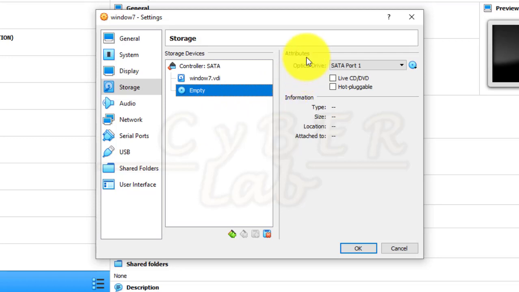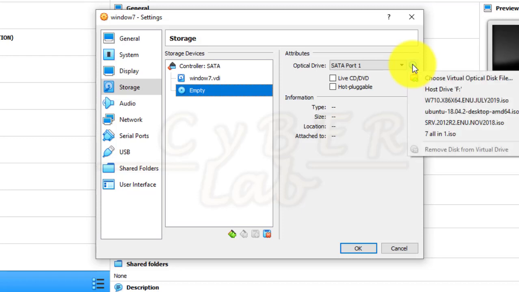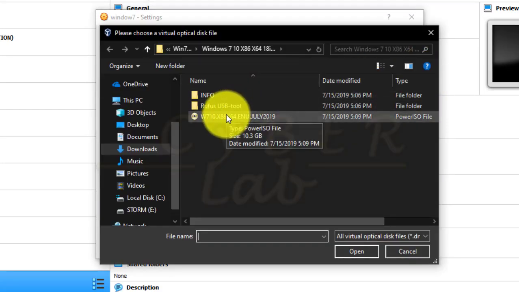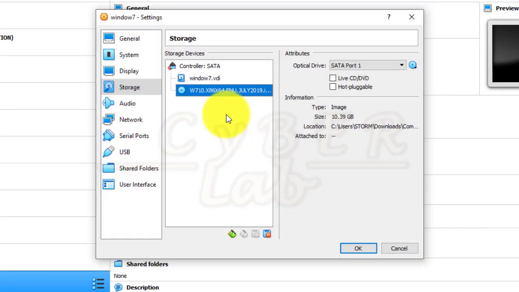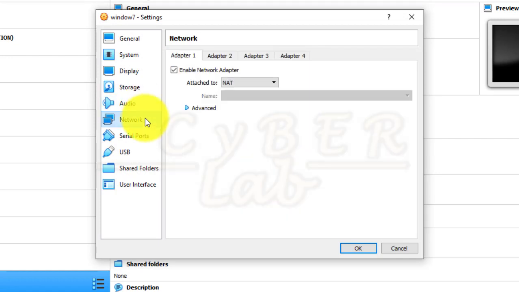So when you go to attributes, you have SATA port 1, and then here you have the option to browse to a location where we can find Windows 7. So we'll click on this, and we will go to choose optical disk image. So here I have my ISO for the Windows 7 image. I'll click on it, and I'll go to audio, and you might want to leave these things at default, but here